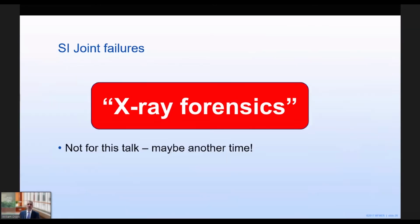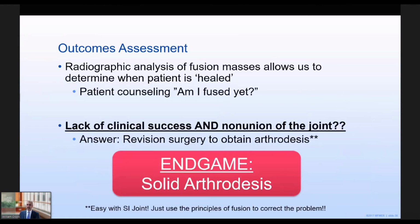Why is there pseudoarthrosis? If we look at SI joint failures that come into my clinic, I think it's a whole other talk for us to engage in some time, but what causes failures? Why are some people coming with persistent pain after what appears to be a well-done surgery, whether it's a transfixion device or some other device? So really delve into these X-rays about what happened and why this patient is where they're at. Patients come into your clinic and they're still having pain. They say, what's going on? Am I not fused? And if they're not fused and they still have pain and there's a non-union pseudoarthrosis, the answer is revision surgery